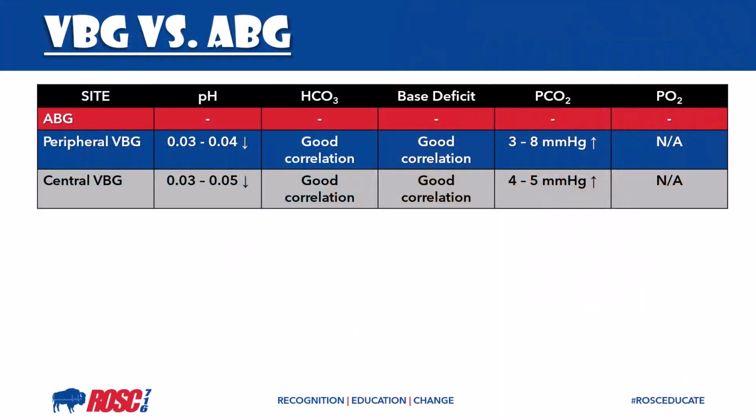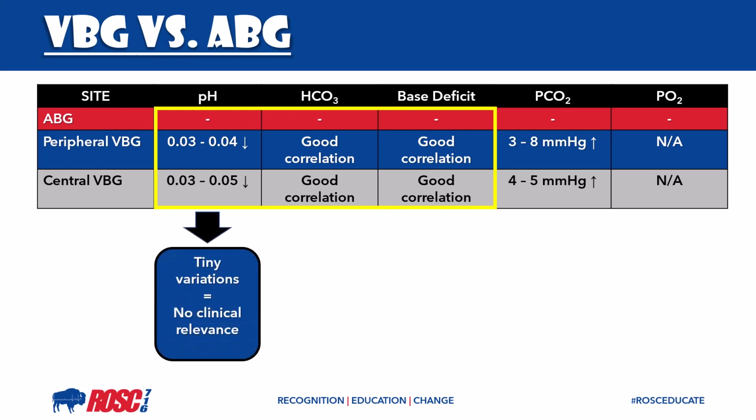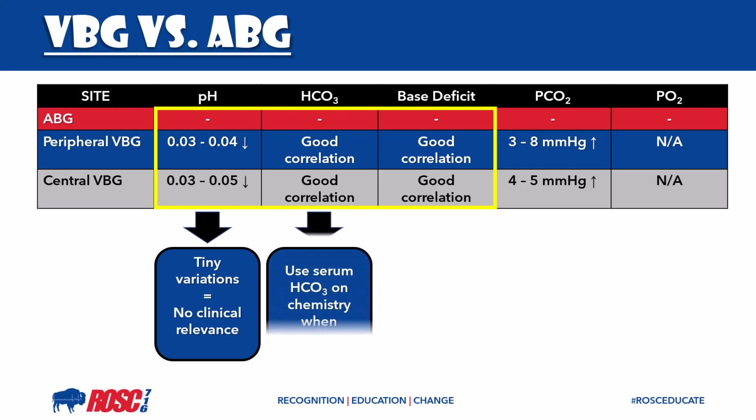Let's take a peek at differences in ABG, VBG, and central VBGs. The differences in the pH and the bicarbonate, as well as the base deficit and base excess between ABGs and VBGs lack any clinical significance. These tiny variations mean very little, if anything at all, when you're managing a patient at bedside. There's good correlation, like I said, between the base deficit and the base excess, and there's also good correlation in